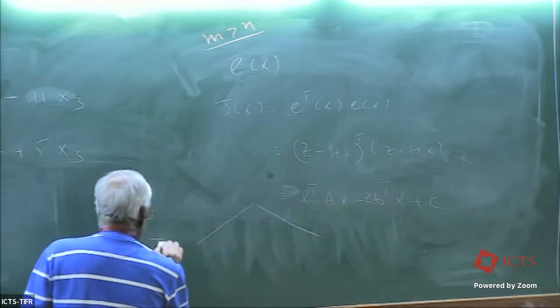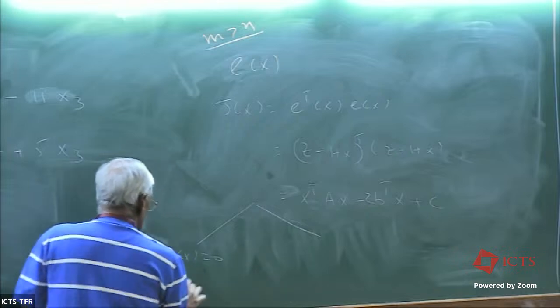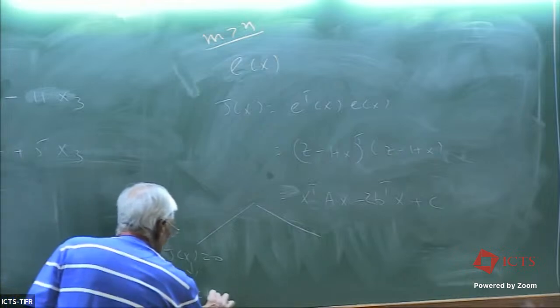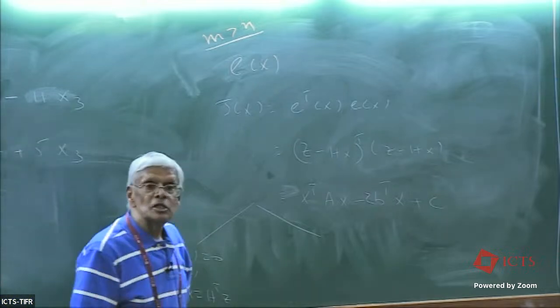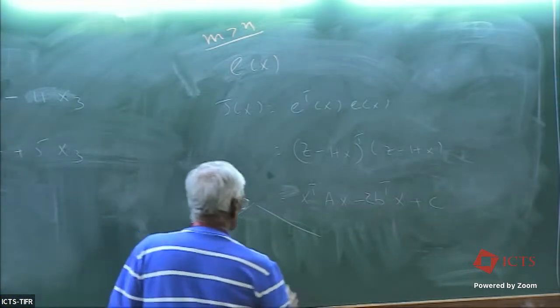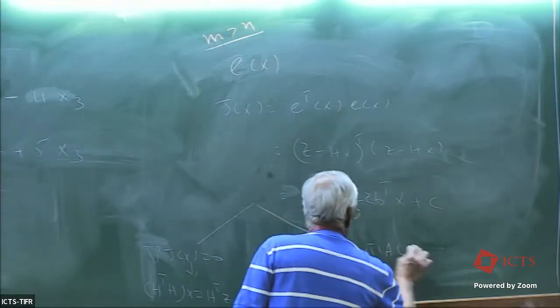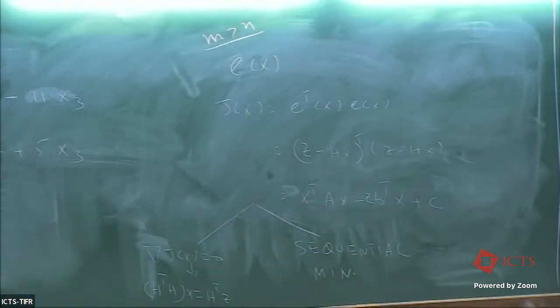One way to solve the problem is set the gradient of j of x equal to 0 and solve the resulting linear equation by a direct method, by iterative method. Are you with me? What is the other technique? The other technique is called sequential minimization. What is sequential minimization? Sequential minimization is a technique